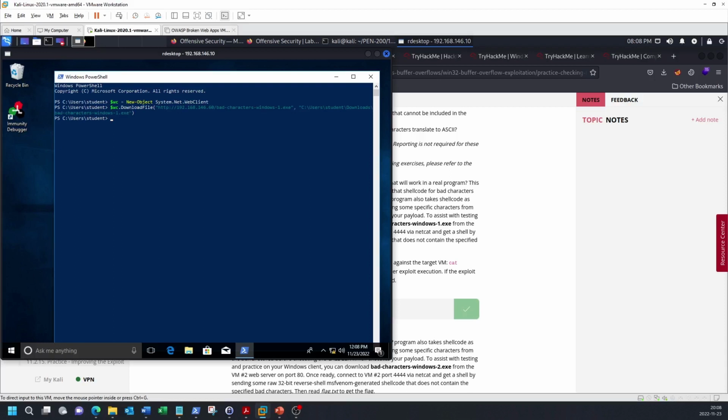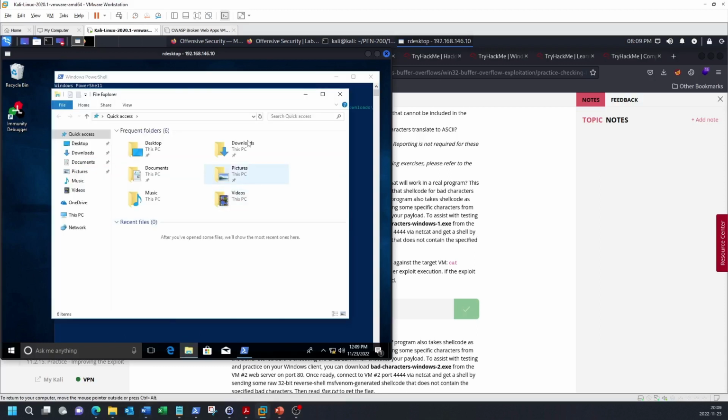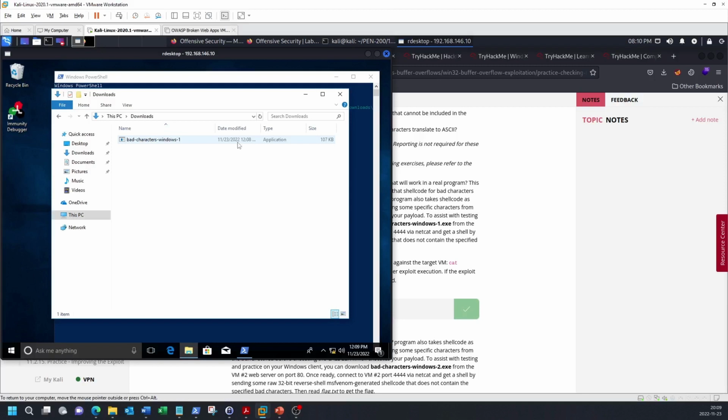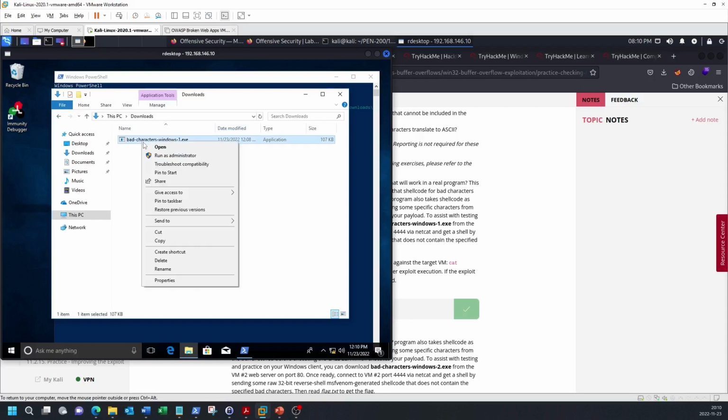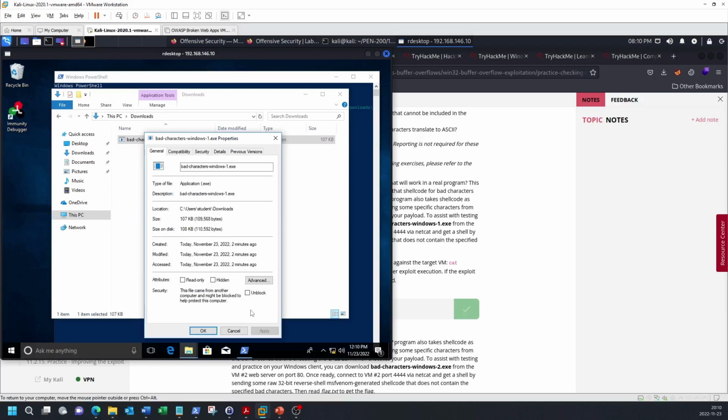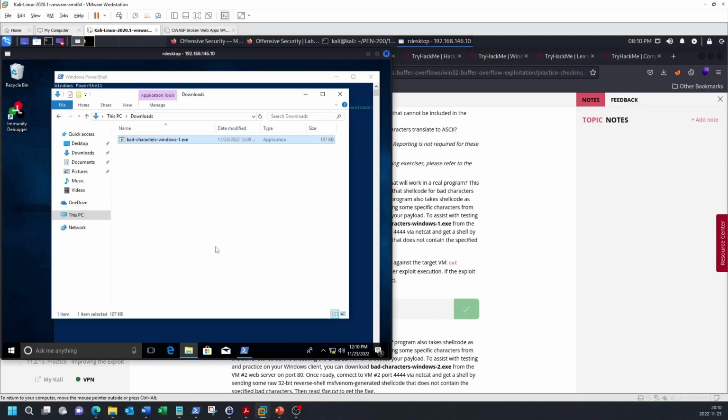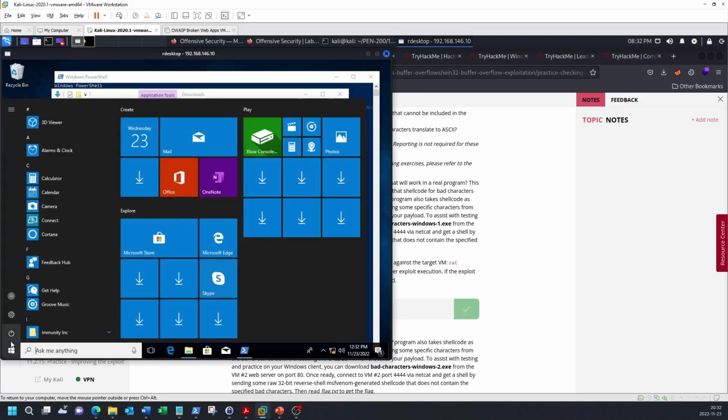Whether you use the browser method or the PowerShell method, you will end up with a copy of the exe file in your downloads folder. As part of my normal workflow, I display all file extensions in Explorer. If I used a web browser for the download, I will also unblock the file to remove the mark of the web. That might not be necessary here, but I think it's a good habit. Now go to a command prompt and run the application.